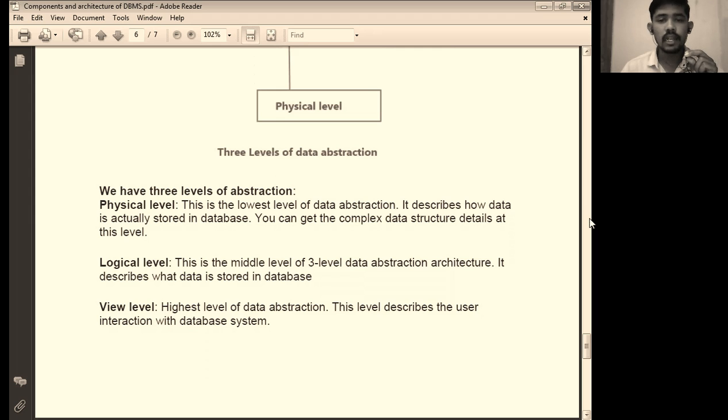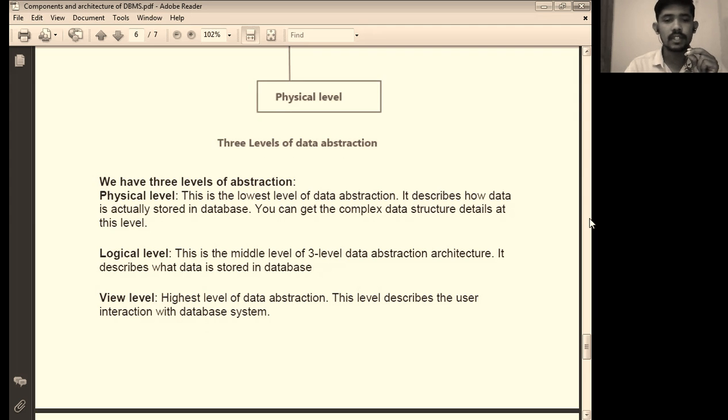And the last level is the view level. The highest level of data abstraction is the view level. This level describes the user interaction with database management system, means various operations of database management system are performed in the view level. I am going to give a practical example of these three levels of data abstraction.